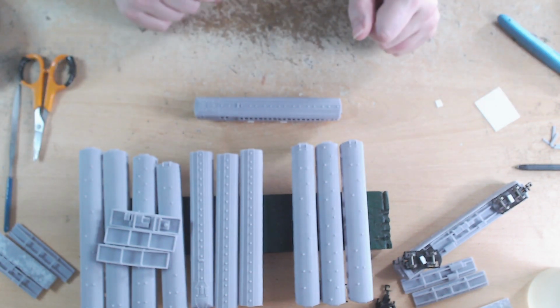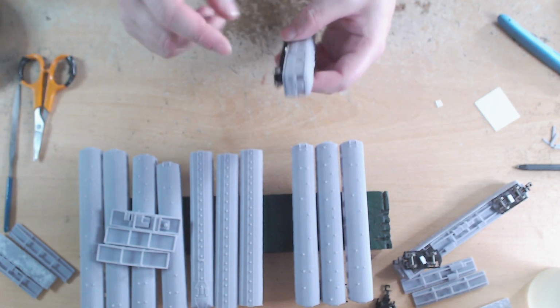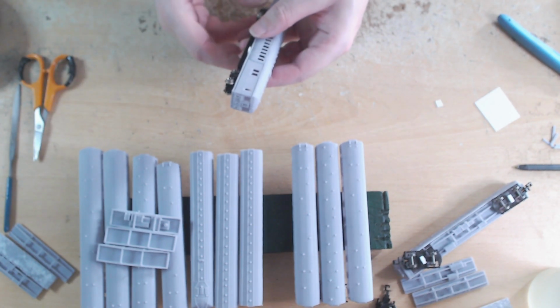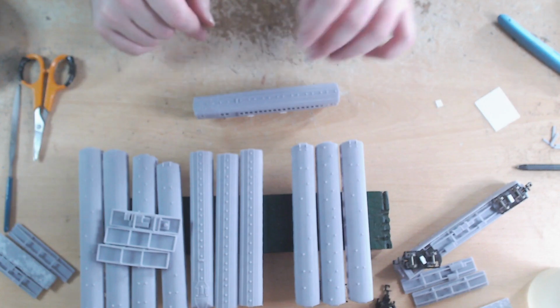And obviously, as I said before, you need to paint them, decorate them, and add all the fine little details like buffers and some handrails, which I can't. Well, I can do, but they're a bit difficult to get the right shape. And also, I forgot one here and here. But otherwise, yeah, that's pretty much how you get the